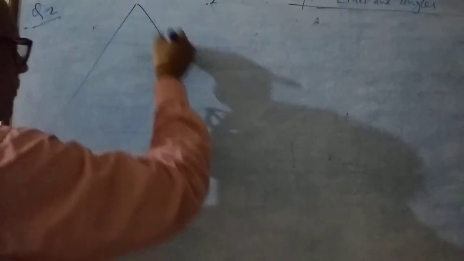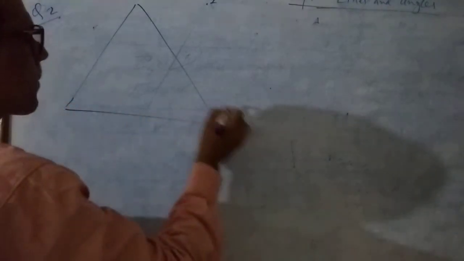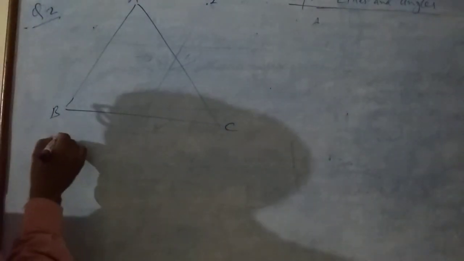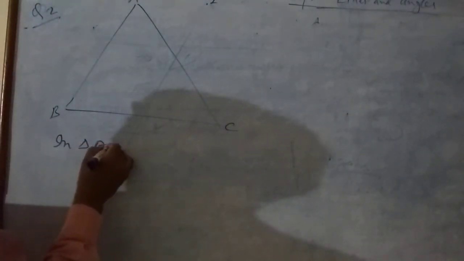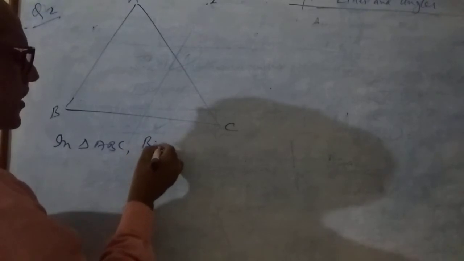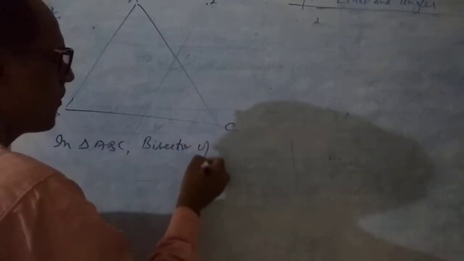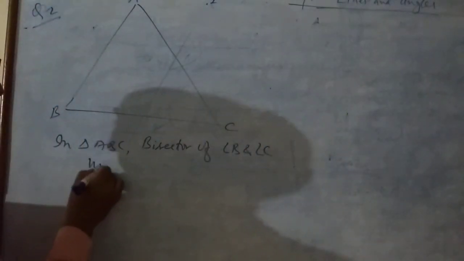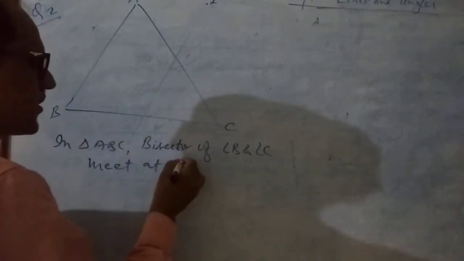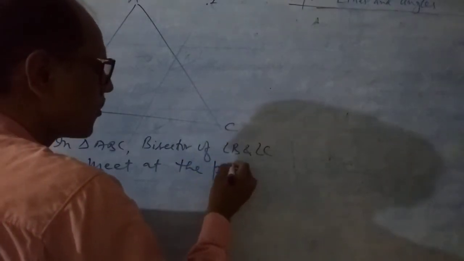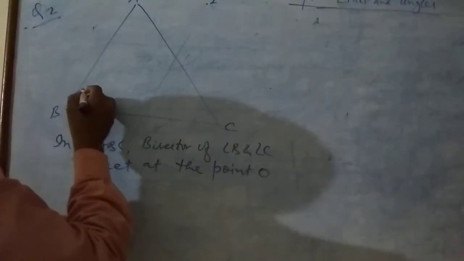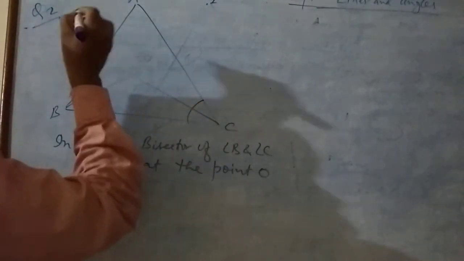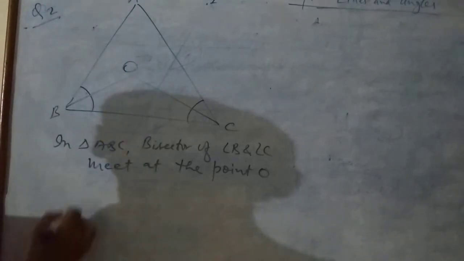ABC is a triangle. In triangle ABC, the bisectors of angle B and angle C meet at the point O. This bisector and this bisector meet at the point O. To prove,